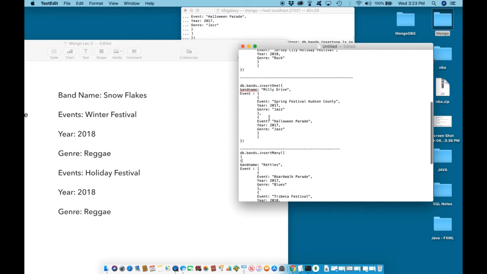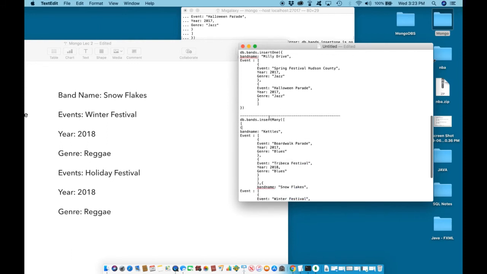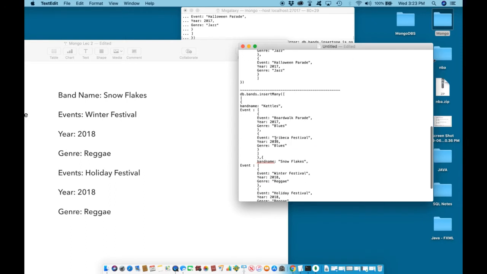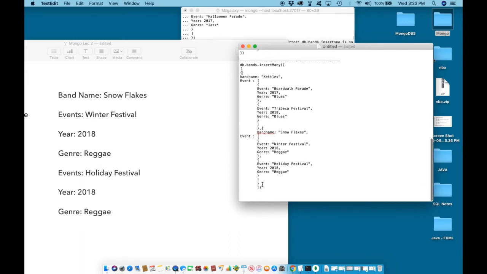Okay, so I had to make a few edits here, and the reason why is because when we copied this from the top, I did not change the bracket. It's a little different this time when you do the insert many. The insert many actually is an array, an array of documents with embedded information. So you have to start this with an open parenthesis and an open bracket, just like you will close it with a close bracket and a close parenthesis, followed by